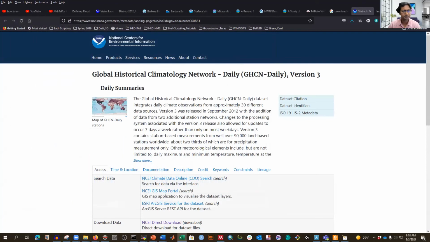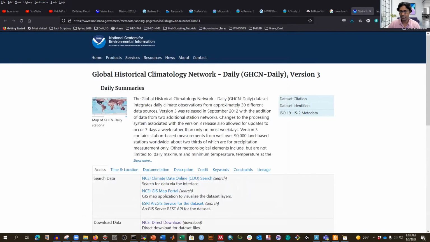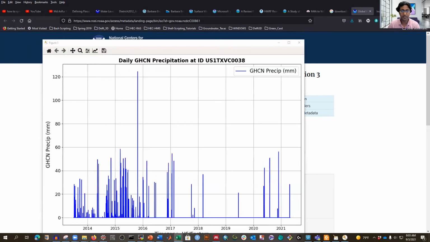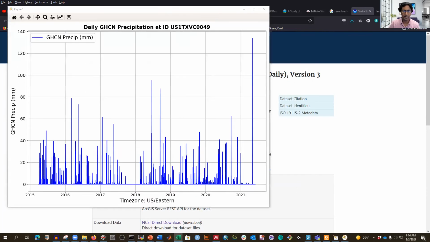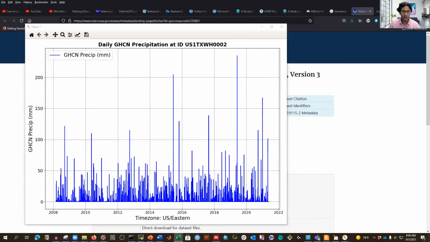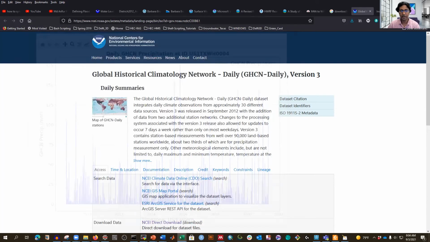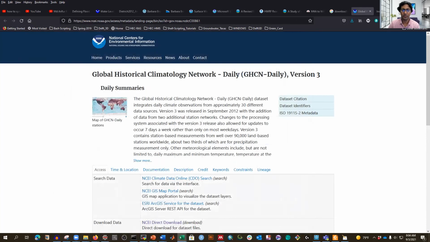If I open one file, it is nothing but a time series now. See, it is in millimeter. I checked the unit, I did everything. It is showing you the date because these are the daily data, and I have the data for whatever time step we have. It is reading from that because not all stations have the data from 1993 to 2017, because it is covering many stations and the entire world. So they're implementing new stations from time to time, and they're starting to record this gauged data, right? So if you want to run any hydrologic model, for example, HEC-HMS, and you want to use your observed precipitation, and right, using